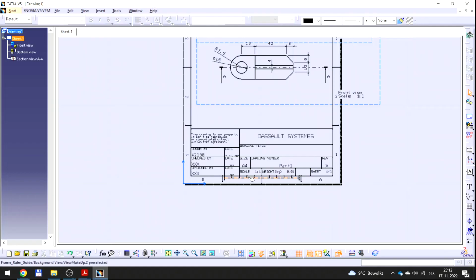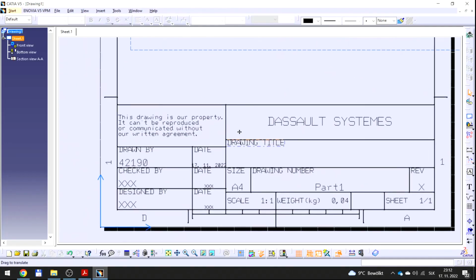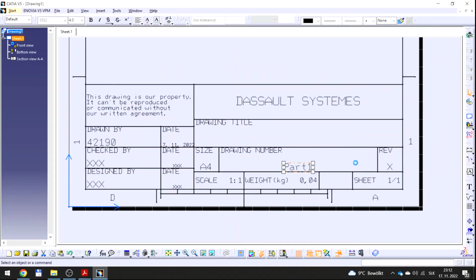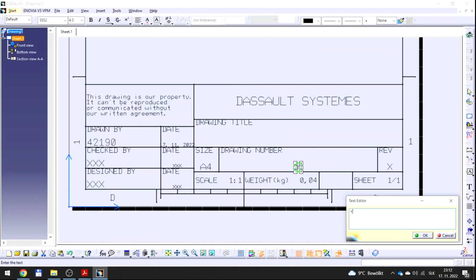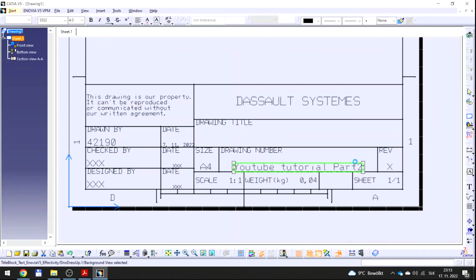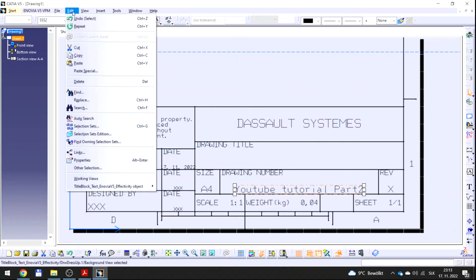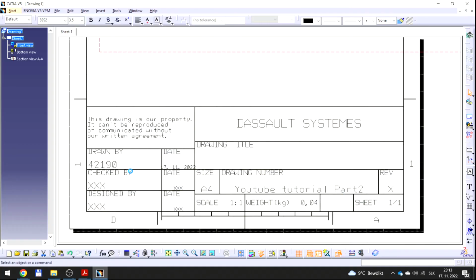Now we can edit text in this title block. For example, if we want to change the number or the name of this part, we can use YouTube tutorial part 2, for example. Click OK or enter, and now we change the name. Let's go back to the edit view. So click Edit and working views,